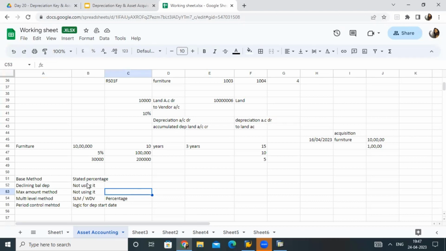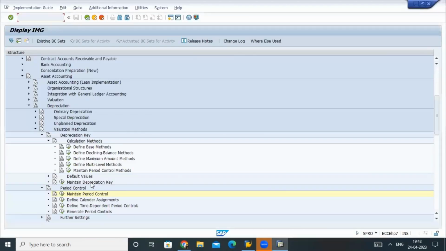If someone asks and says we don't want this percentage to be constant always, we want it in a declining way, we can use this thing. But these two things we never have to use. Other than these two, all of the rest are a must in order to form a depreciation key. Okay, so now since we have maintained all of these things, now we can go and say maintain depreciation key,